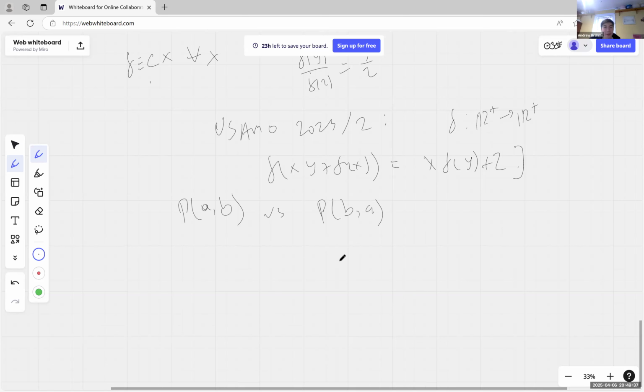Right. So to flesh this out, what we get is f of ab plus f of a equals a f of b plus 2. But this is also equal to b f of a plus 2. And so because these are equal to each other, we get a equals b. Now,